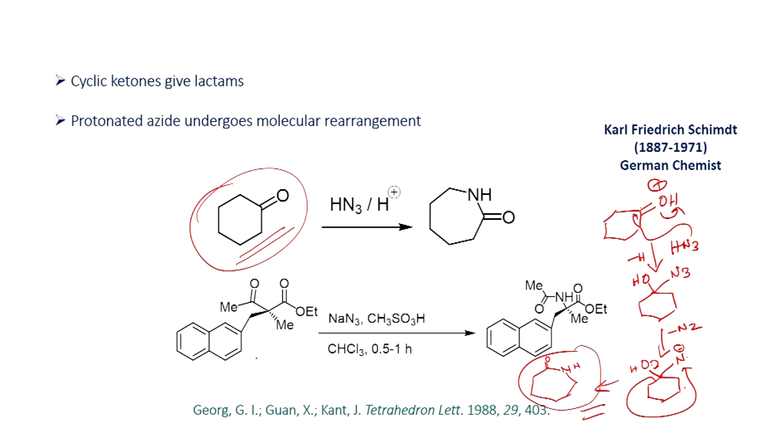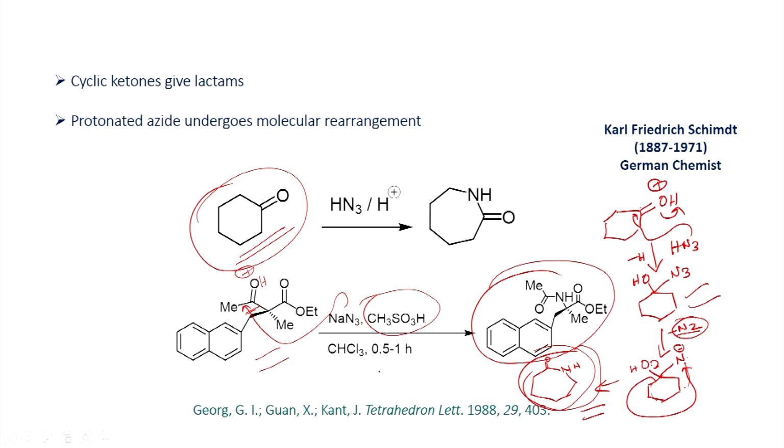And similarly, if you have, for example, in this case the reaction of this ketone shown, and in the presence of trifluoromethane sulfonic acid, you can try to protonate. Once you form this one, you have the azide, which can undergo addition reaction, and as we have seen, you will be able to form the addition product. And since you carry out the reaction in the presence of acid, it can readily undergo decomposition to nitrene by losing nitrogen molecule. Once you form the nitrene, now it can undergo rearrangement as shown here, and you will be able to form the lactone. In this case, you will be able to form the amide as the product.